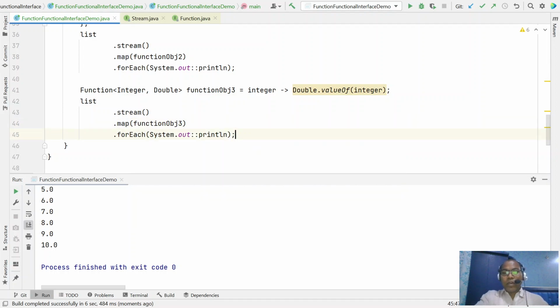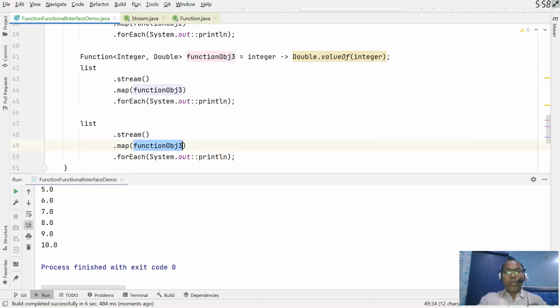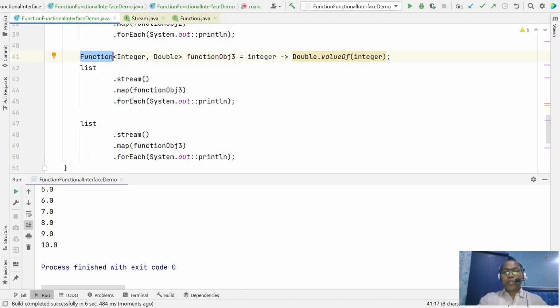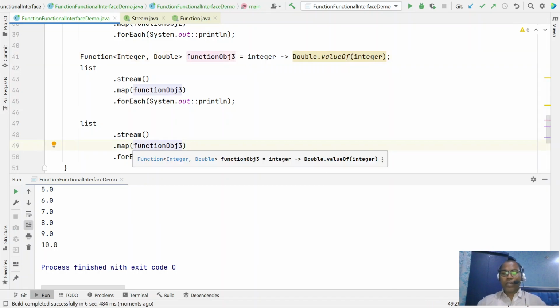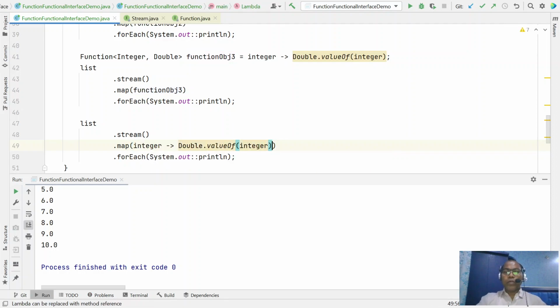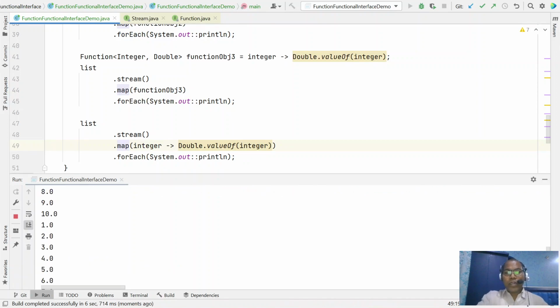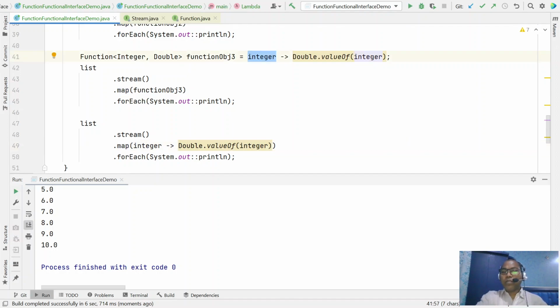Even in the stream API, you don't need to create these types. You can just give the complete definition. This is your definition code, this is your input type, and this is your function body. Just place it here itself. You don't need to create manual types. So this is the way to write your code. So here you are passing one object, one mapper that defines the single abstract method. This is a single abstract method definition you are defining here.